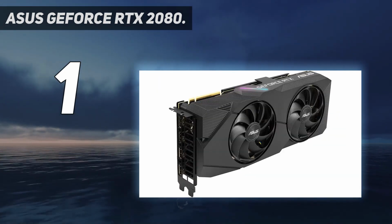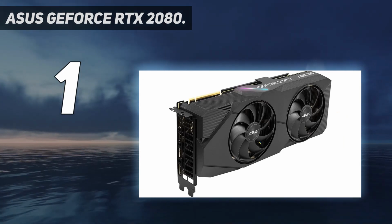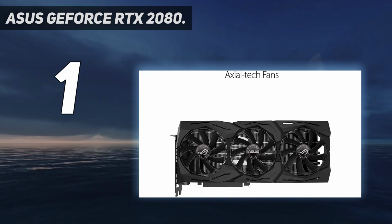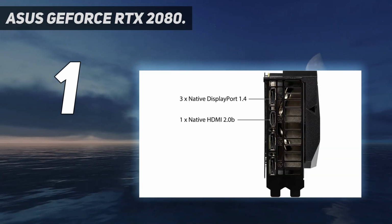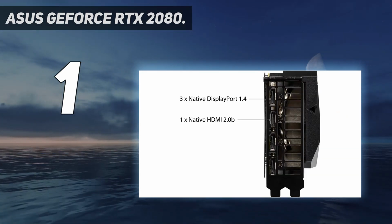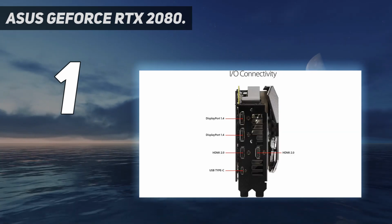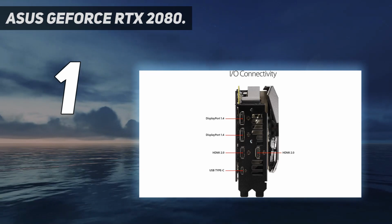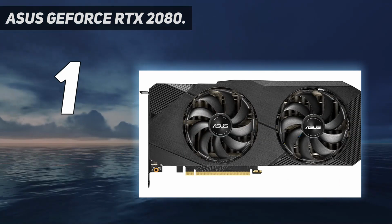Ultimately, the ASUS RTX 2080 Super Dual EVO OC combines a very competitive price point with an advanced cooling configuration and a high boost clock rate. And that's what helps give it a better price-to-performance ratio over the other RTX 2080 Super graphics cards on the market. And, while there are other,